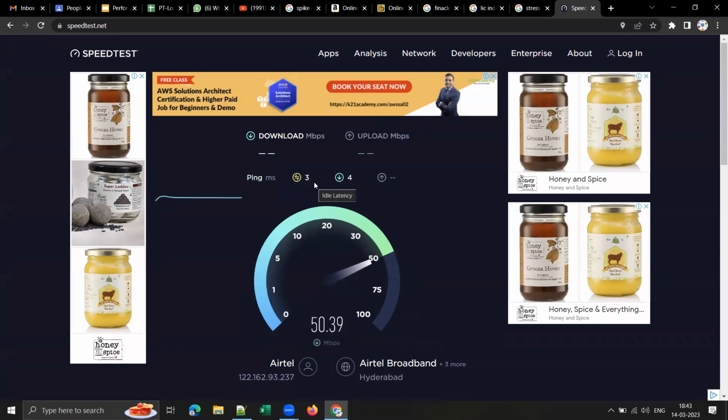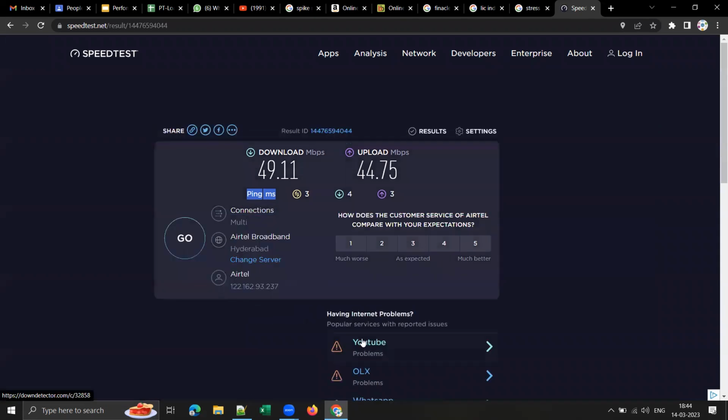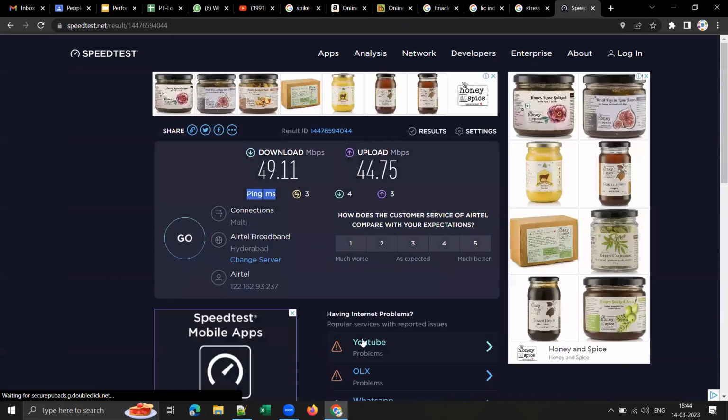What is the ping time that it is showing for you, Satish? Yeah, checking. Everyone, please check it once and remember this ping time. You are still not seeing that value, Satish? Yeah, it's loading.